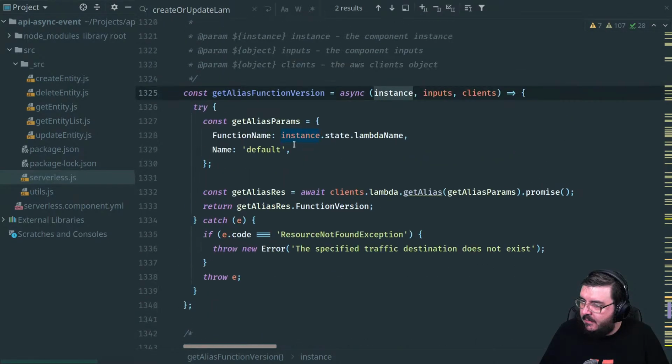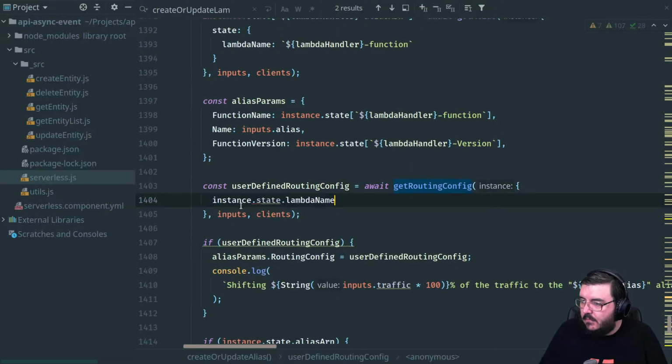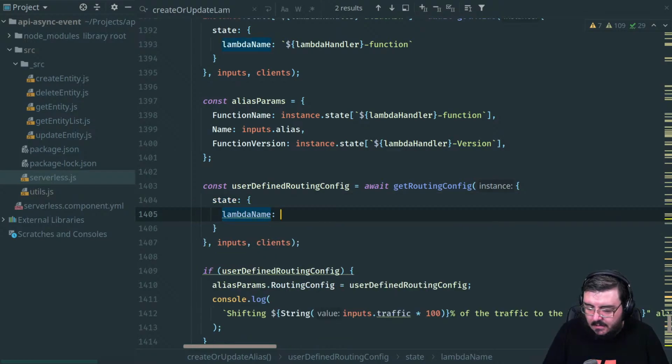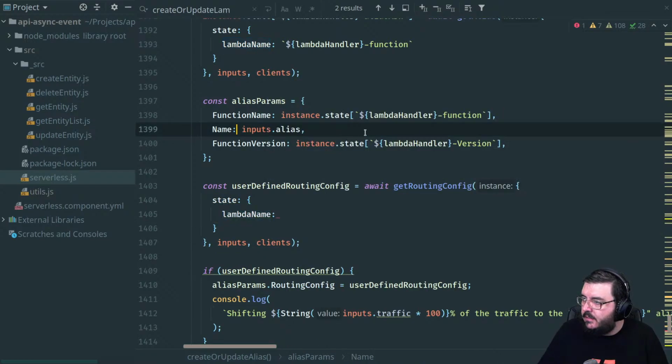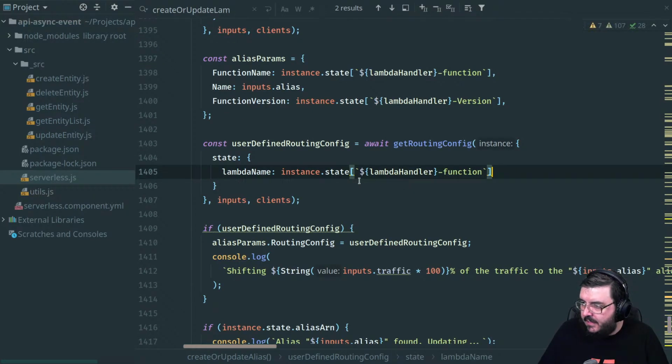Just the lambda name. Okay. So we need the lambda name. That's going to be that. And then the lambda name again is going to be this. Okay, so that should work.